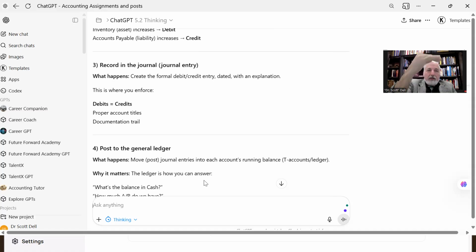We then take the chronological list, those journal entries, and we post into the ledger. The journals to the ledgers, JKL, I used to remember it alphabetically. Journals go into ledgers. And ledgers are those individual T accounts. Let's go back to our picture of our whiteboard and see what those T accounts look like. Well, you just saw two T accounts.